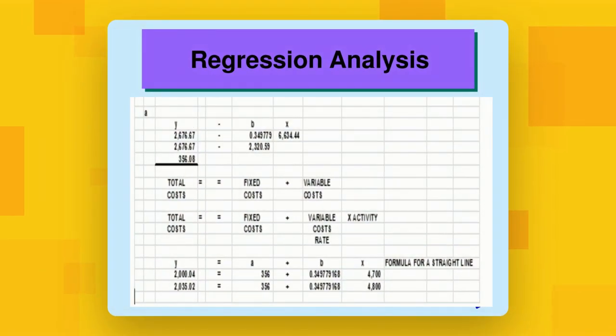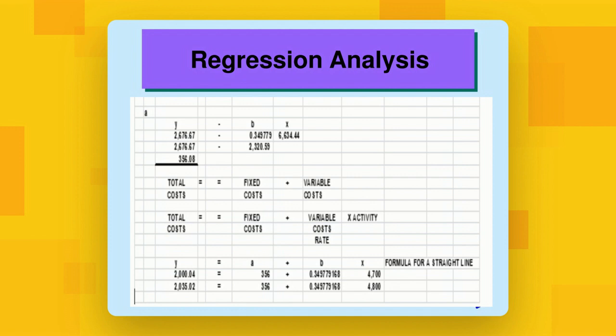How do we compute for this one? Just compute, no? Particularly in terms of computing for your variable cost per unit. So, meaning, class, the answer here for your variable cost per unit is